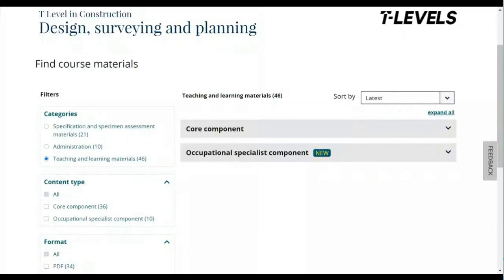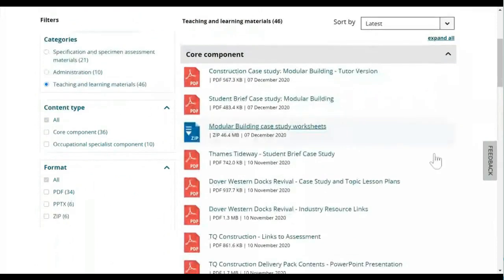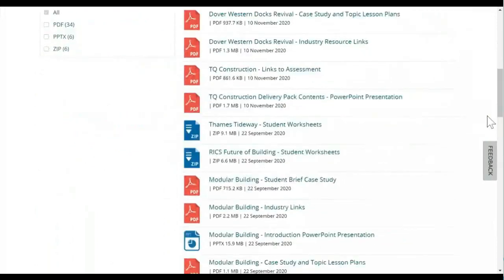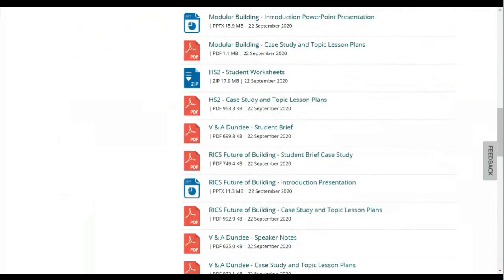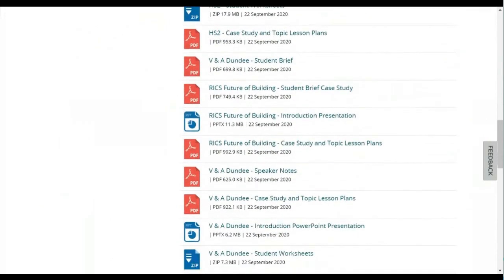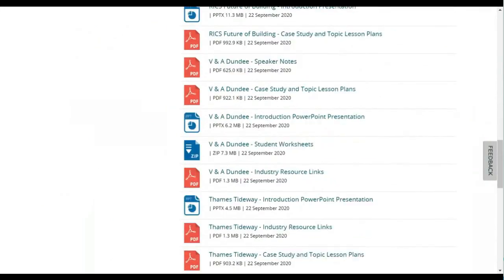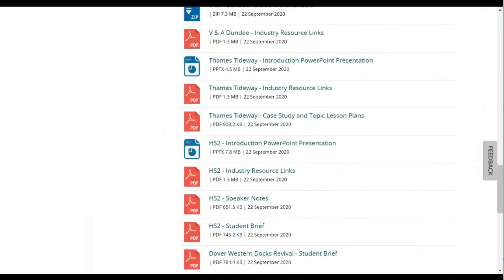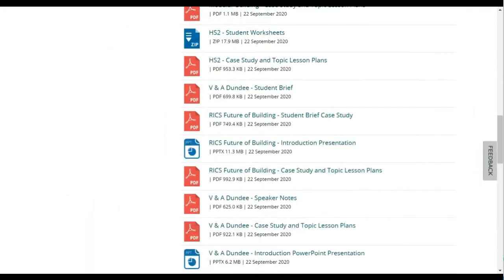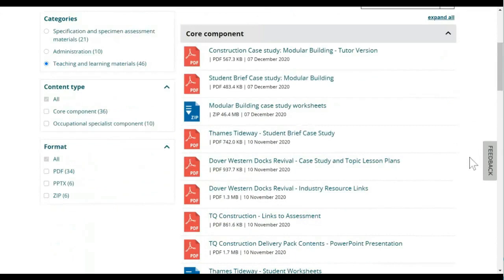You've got level 2 in construction, design, surveying and planning. That should probably be up by now. And under the core content, when you drop down the core content, there's not just one case study, there's a whole load of them. There's V&A in Dundee, there's Thames Tideway, there's HS2, Dover Western Docks Revival, a modular building,